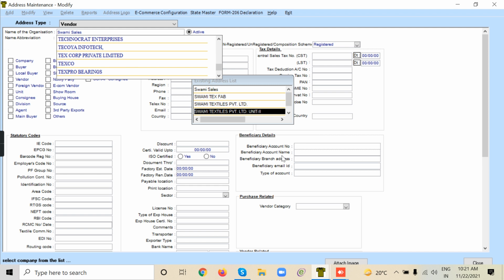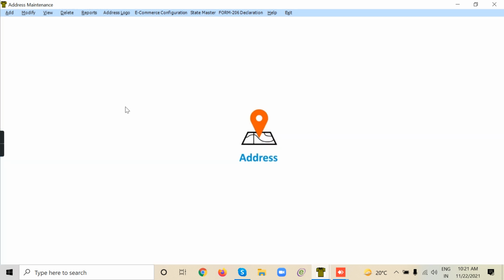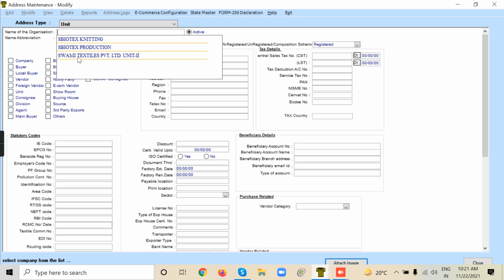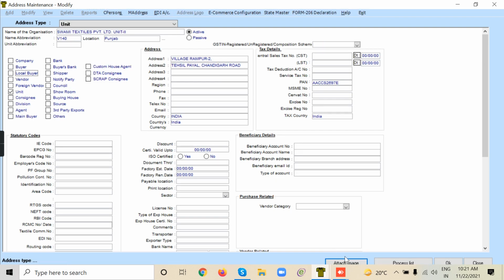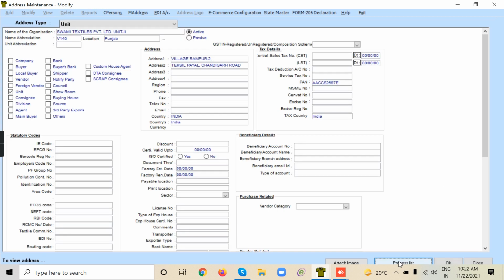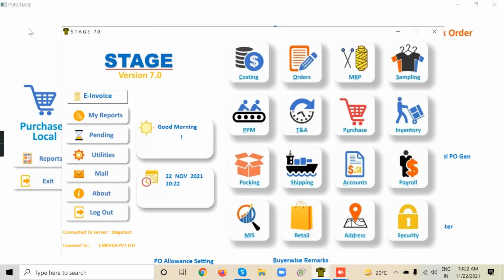Okay, it is a unit, it is not a vendor. Process list. So Swami Textile will do fabric dyeing, decatizing, stentering, washing and stentering. So it is already defined. Okay, fine. Then we can do a fabric dyeing PO to Swami Textiles.